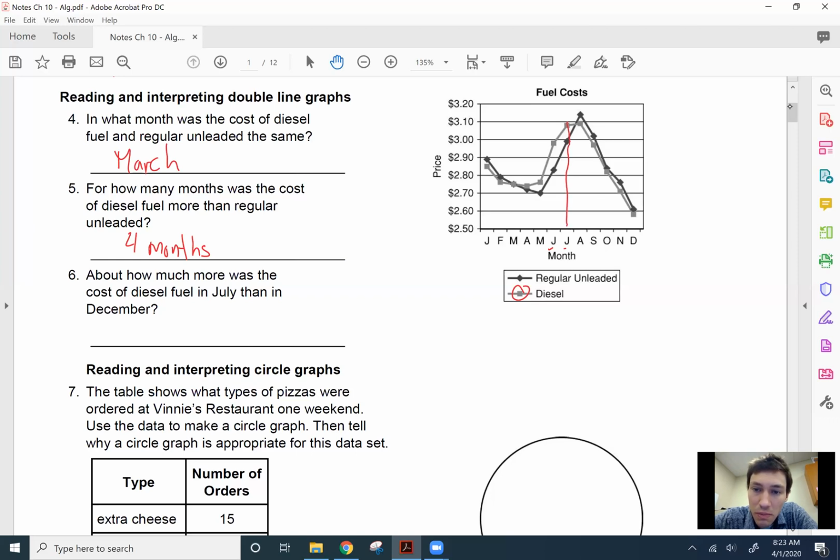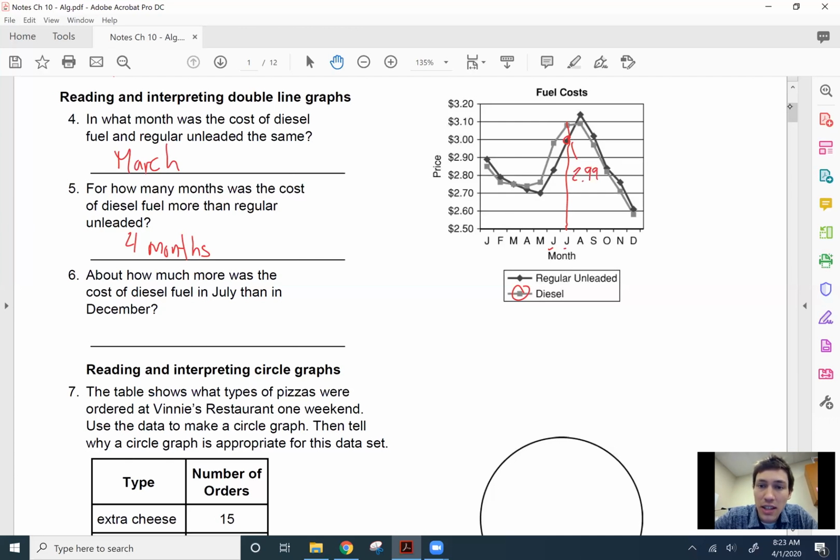There we go. So right here, it says about how much more was the cost of diesel fuel in July than in December. Now these aren't going to be perfect. It's not like we have every single cent accounted for on here. But if I were to guess, it doesn't look like it's exactly on $3. And since the scale is 10 cents, I'm going to guess that's $2.99